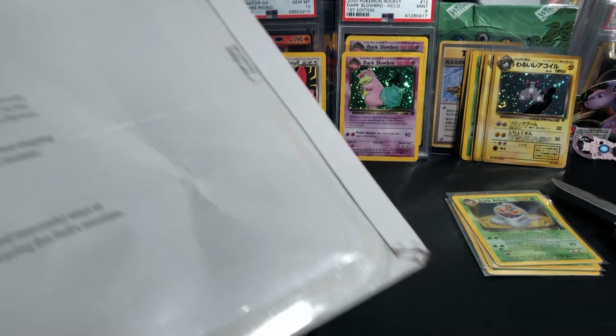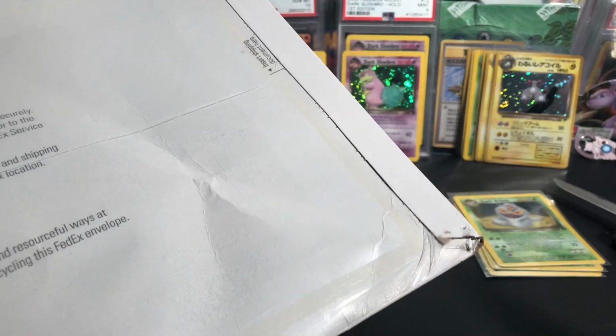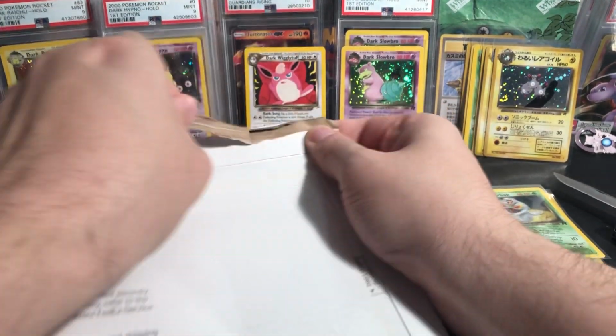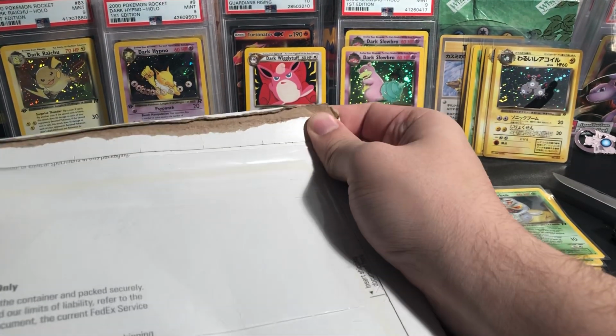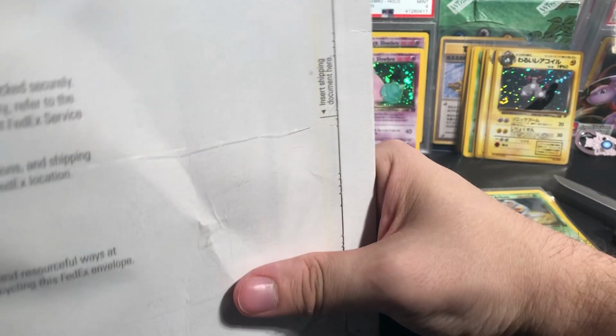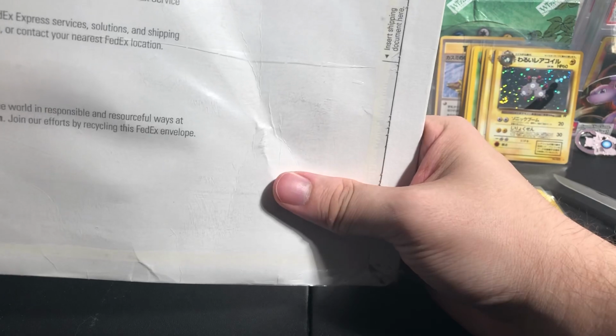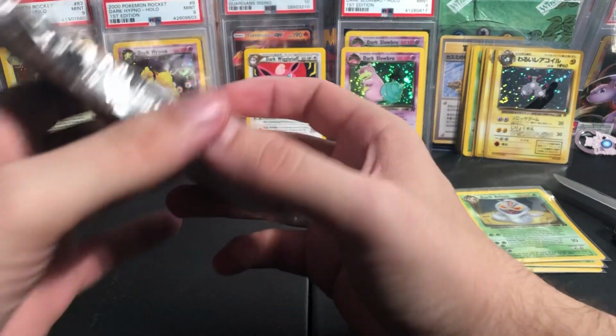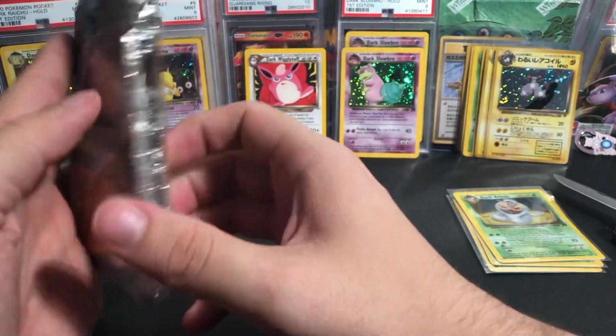FedEx Express. Extremely urgent. So, I've been eyeballing this one. Came today. I have to know what's in it. I have to know what's in it that the seller sent it as fast as possible. Oh, it's a whole chunk of cards. What? I don't remember buying a whole chunk of cards. And it's...